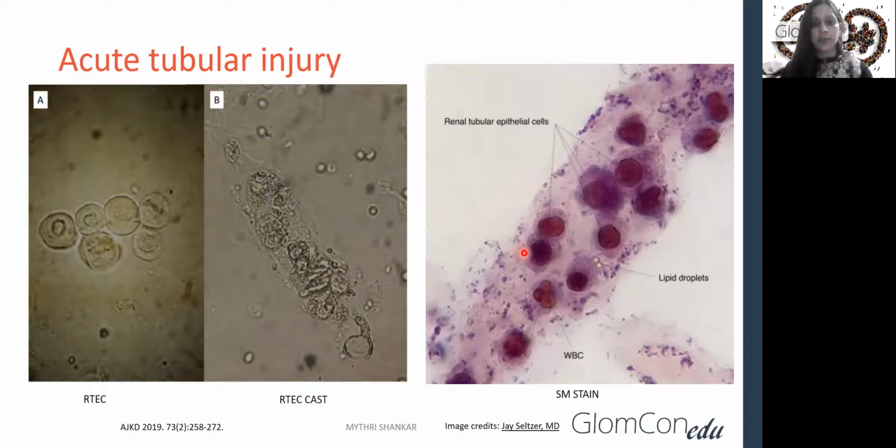Tubular epithelial cells vary in size and shape, but they are recognized by a large and often eccentric nucleus with a granular cytoplasm and a high nucleus to cytoplasm ratio. The RBCs are approximately half the diameter compared to these cells. These cells may be difficult to differentiate from uroepithelial cells. In such a scenario, we have to look at the company of the cells. If the cells are accompanied by renal tubular epithelial cell casts, granular casts, muddy brown casts, proteinuria and a rise in serum creatinine, then it is most likely to be tubular epithelial cells.